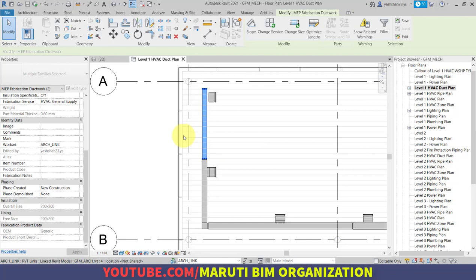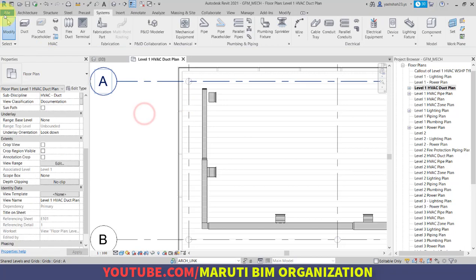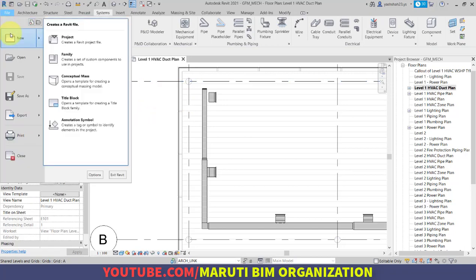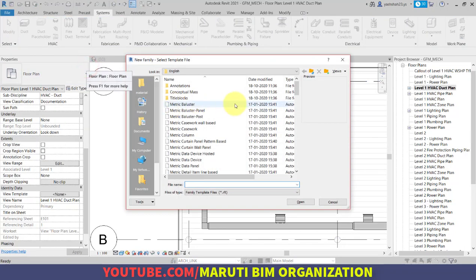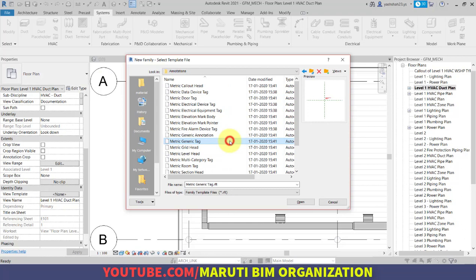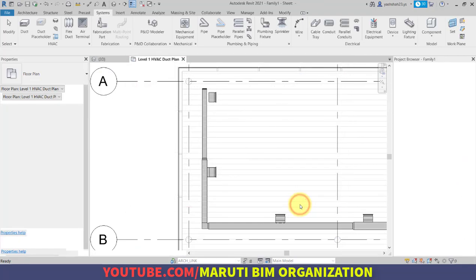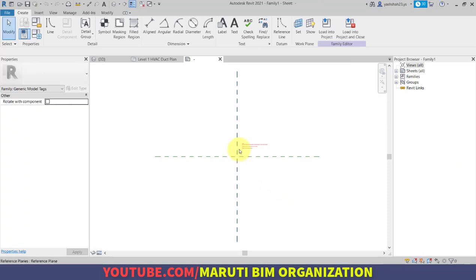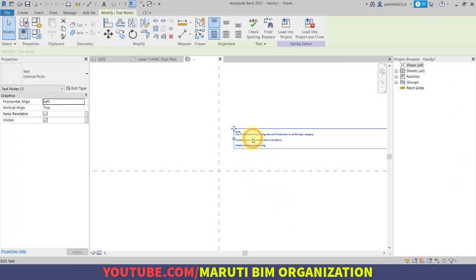In the detailing portion, what I will do, I will first go to File, New, Family, and create a metric generic tag family, because we want to create the tag. So we will create the tag family. First we will remove this node,